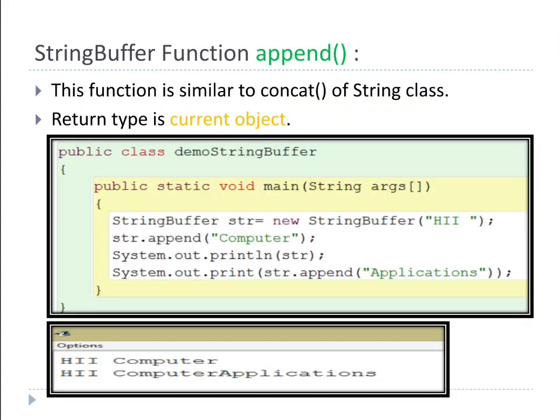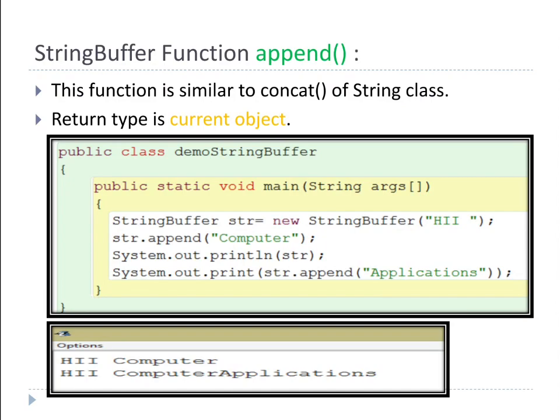See, we are going to study a few main functions. In the book we have limited coverage because the book never focuses on string buffer, and me too, I don't want string buffer in my program, but somewhere it helps us. That's why I'm teaching you. StringBuffer has the function append. This function is similar to concat. Concat is basically used for concatenation, that is joining two things together without any space.